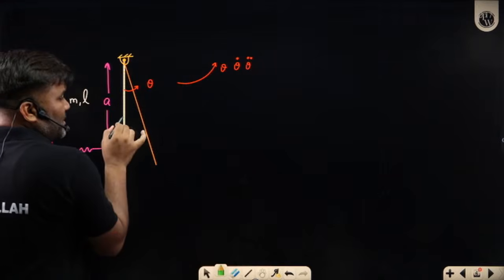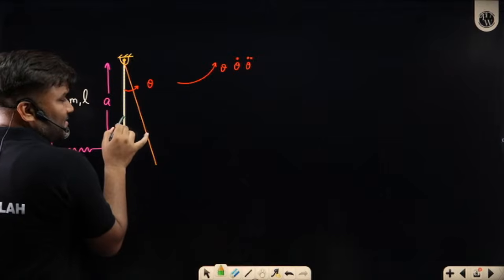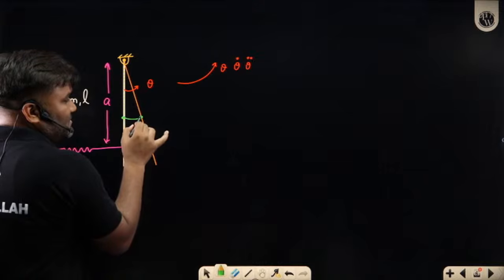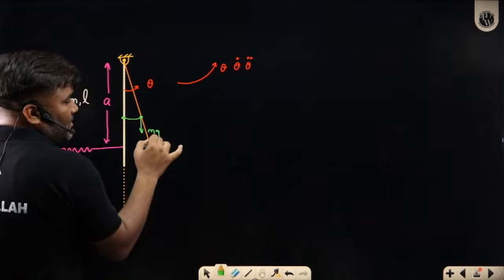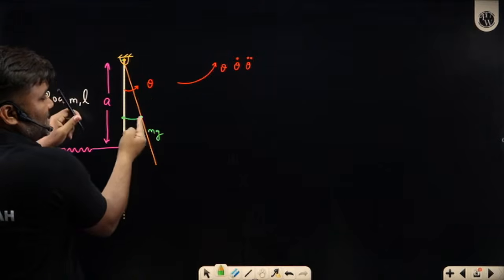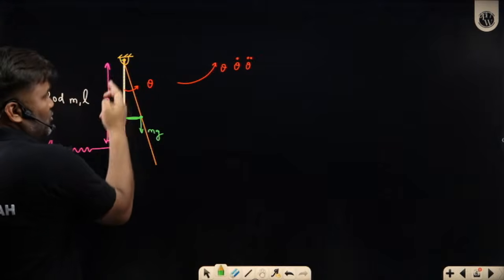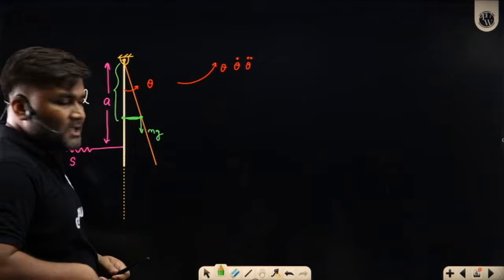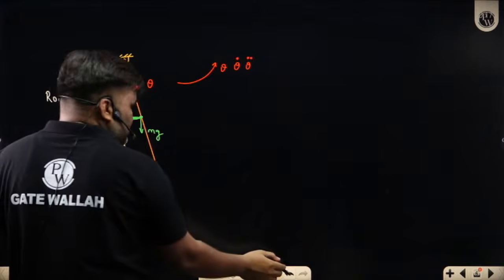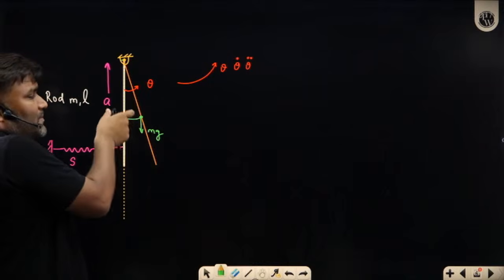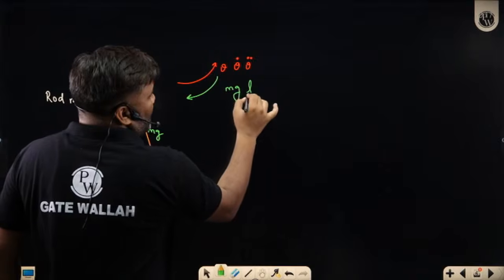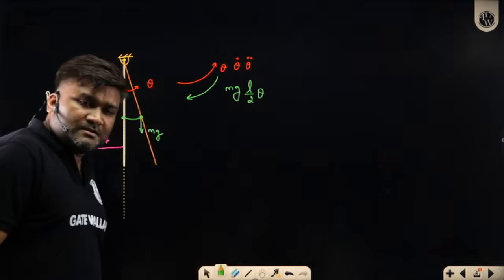Torque: this is the weight acting at the center of mass. So this weight has traveled this distance and reached here. This is your mg. Can I write, about this axis, mg multiplied by this distance? This distance is how much, sir? This is at the center, at L by 2 distance, so this distance is almost L by 2 times theta. What will be the torque? mg multiplied by this distance, in the clockwise direction. So you are going to have mg into L by 2 times theta. Can I write it?